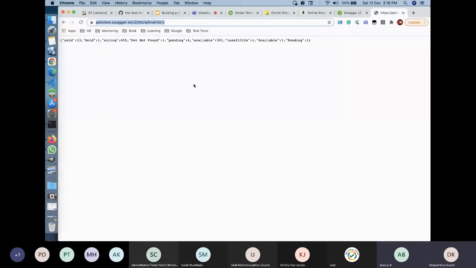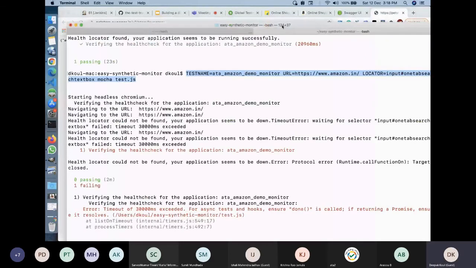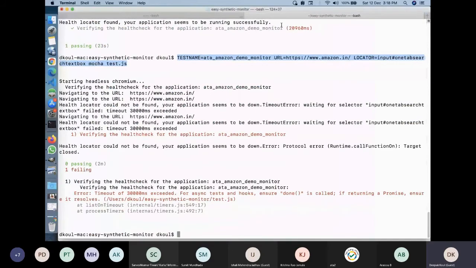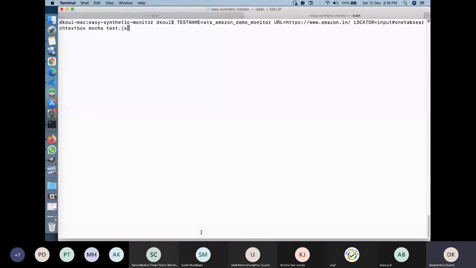Okay, so we have an endpoint. So we'll go back to this test. I'll clear. Okay, so we have the API demo monitor, right?